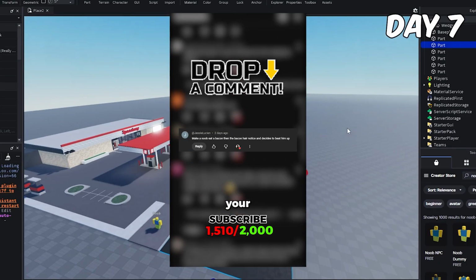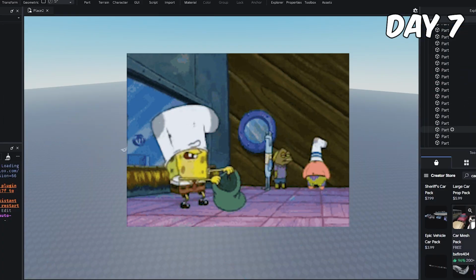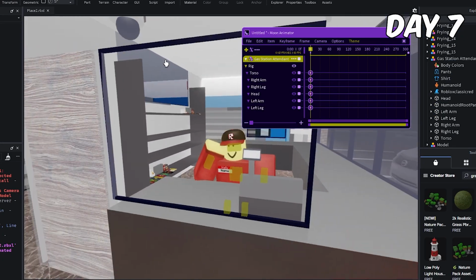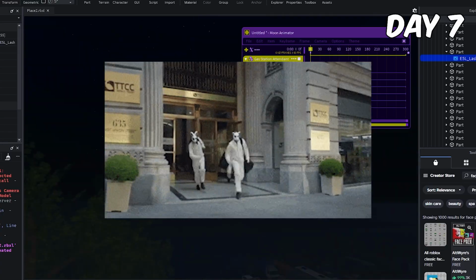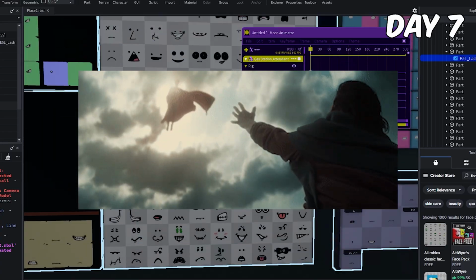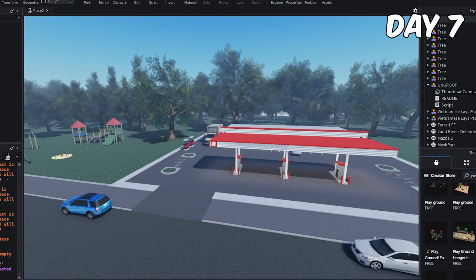I spent some time going through all your animation suggestions again, and I noticed that a bunch of people wanted me to animate a robbery. So that's exactly what I decided to do. The idea was simple: a thief robs a gas station, he tries to make his escape, and then he gets stopped by Superman. Before I even start animating, I want to build a proper environment for the scene,